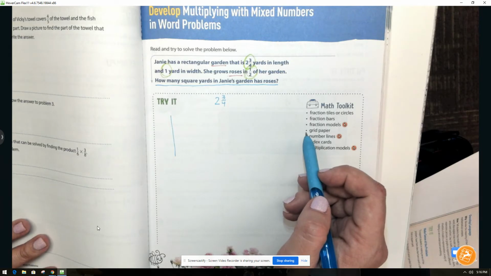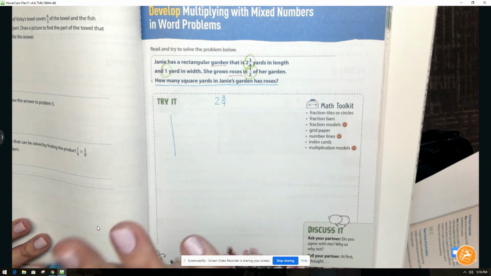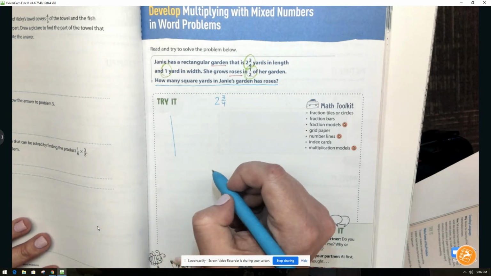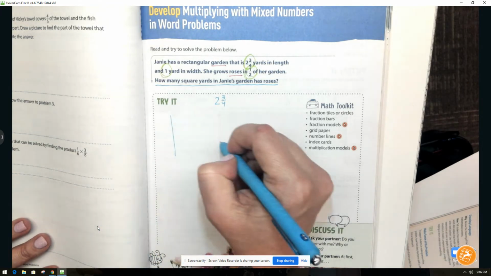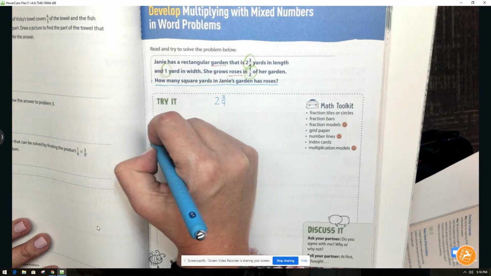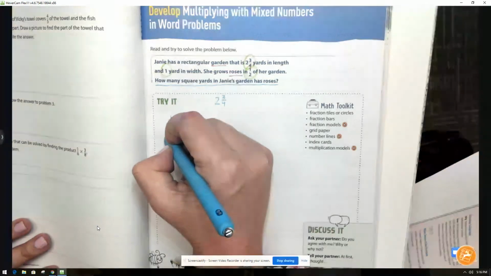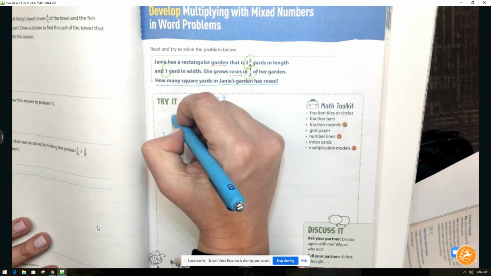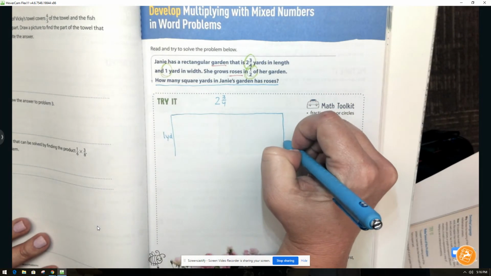I think, no, we're going to make an area model. I changed my mind. So we know that the garden is 1 yard wide. So this is going to be our 1 yard wide, and it's 2 3/4